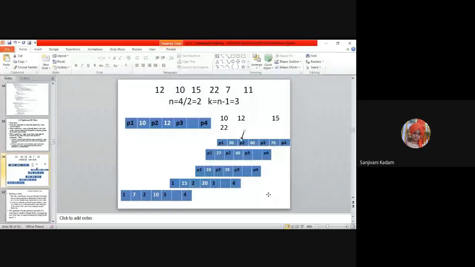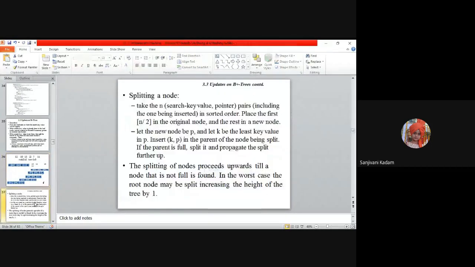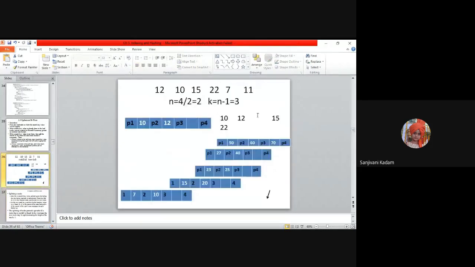The remaining elements, 15 and 22, we keep in the new node. Right now 7 is not part of my discussion. So this is my existing node, and this is my new node.